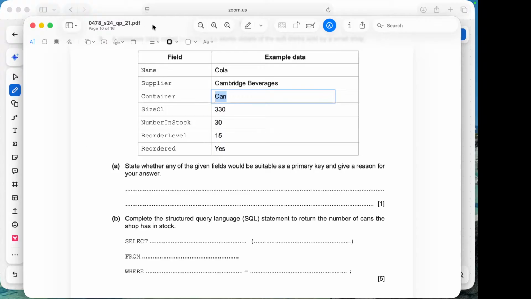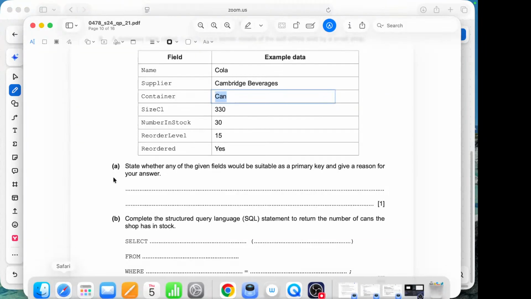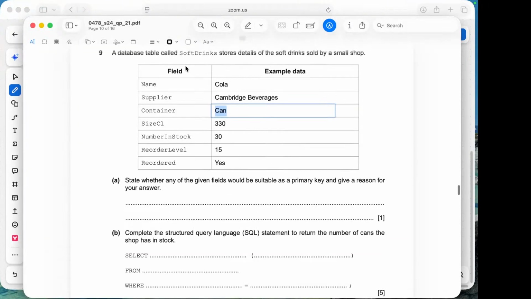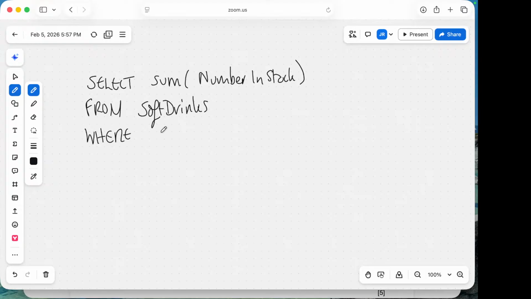So if I write that out, it will be SELECT SUM(number in stock) FROM the name of the table, which is, I moved it, Soft Drinks, capital S, capital D. FROM SoftDrinks WHERE container